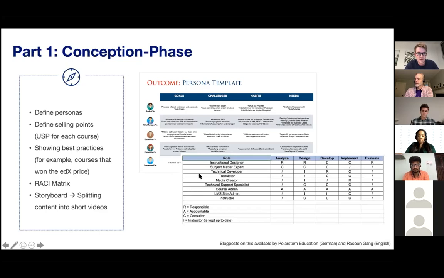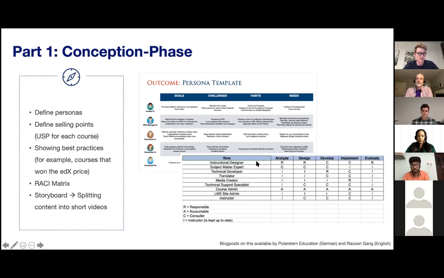We've published some blog posts on our experience working with companies. Unfortunately, they're all in German. I did a bit of Googling, and I know that Raccoon Gang has some in English. So let me give a shout out to Raccoon Gang there if you want to look up some of this. I know that the things being described there are similar in some cases. I read they are also using a technique like this to define the roles and then the different phases throughout the projects.